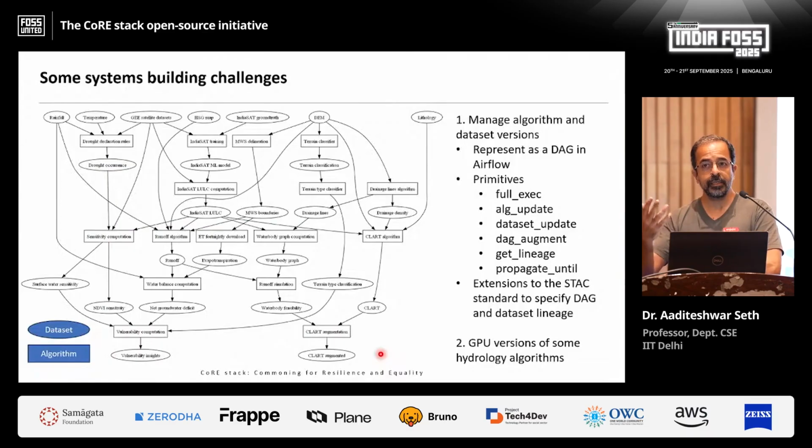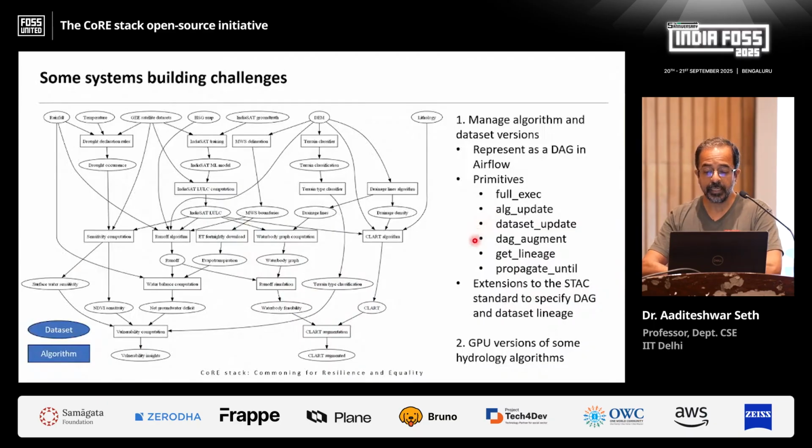To maintain all of it, we are moving to using Airflow, where we will represent everything as a DAG, a directed acyclic graph. Then if, let's say, we improve this ML model over here, everything downstream of it can be automatically recomputed, but it doesn't need to touch any of the other stuff. So all dependencies can be handled.